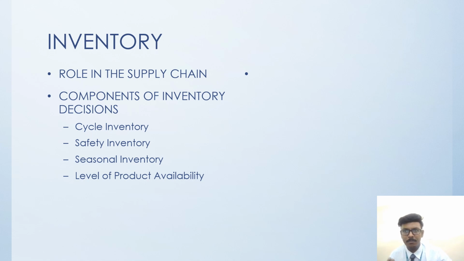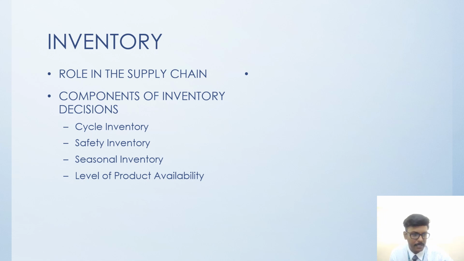But suppose you are manufacturing some food products, definitely there is some expiry date, isn't it? So we can't produce a lot of products in bulk, and if it is not sold properly, we should throw it away, isn't it? So depending on the product and the complexity of its nature, we need to choose how much inventory to hold. Okay, then the components of this inventory decision: we have cycle inventory, safety inventory, seasonal inventory, and level